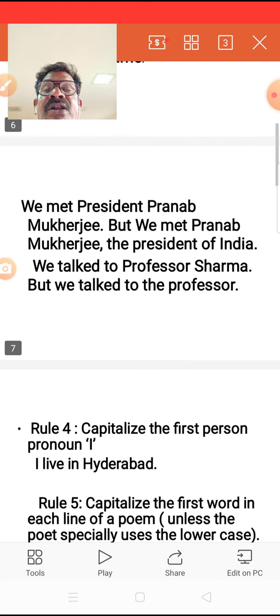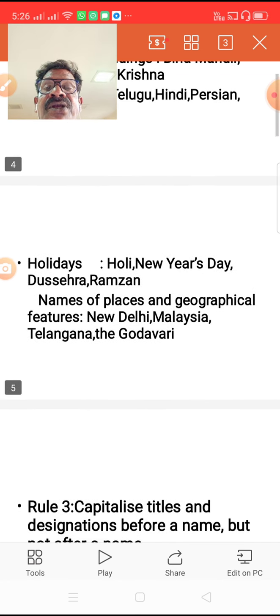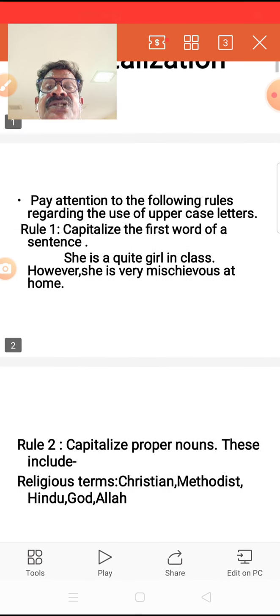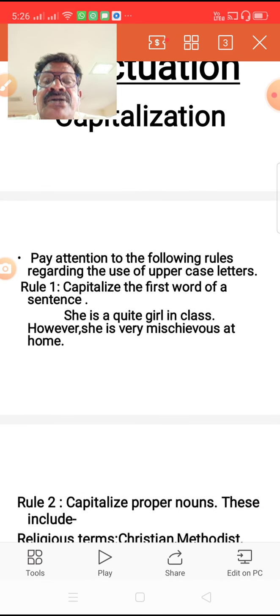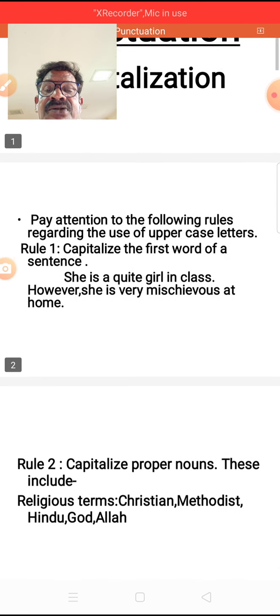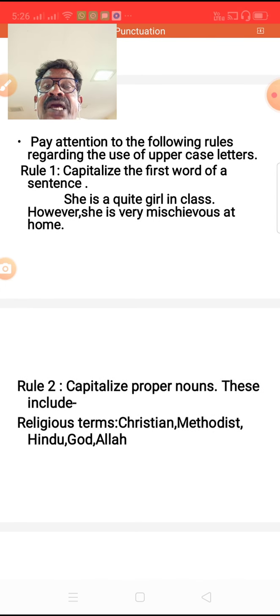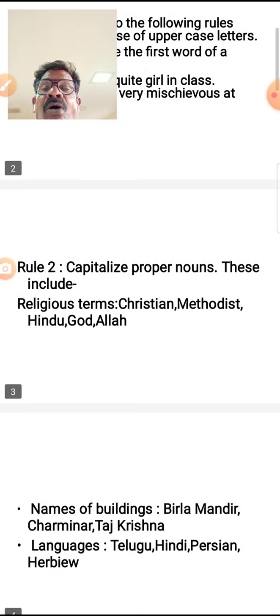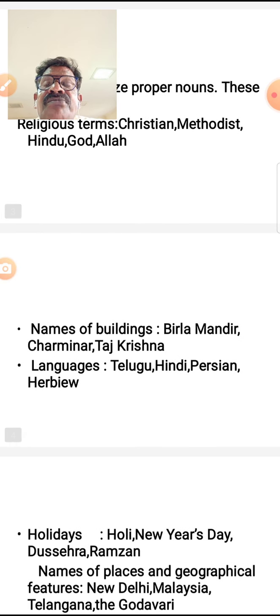There are 5 rules to use capital letters. Rule number 1, capitalize the first word of a sentence, right? Rule number 2, capitalize all proper nouns related with religious terms like Christians, Methodist, Hindu, God, Allah, names of buildings